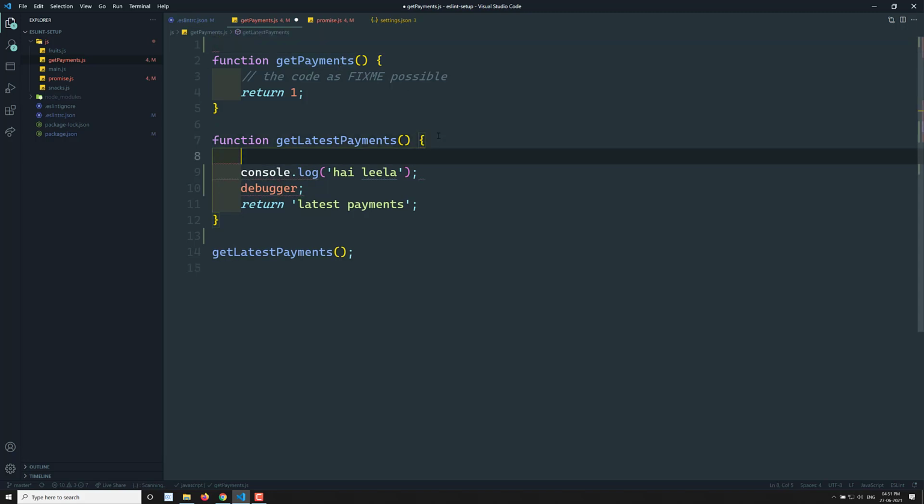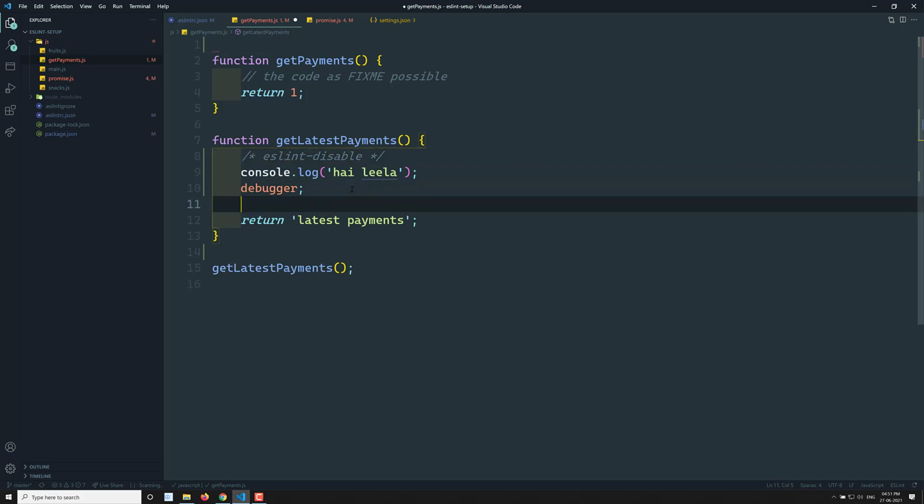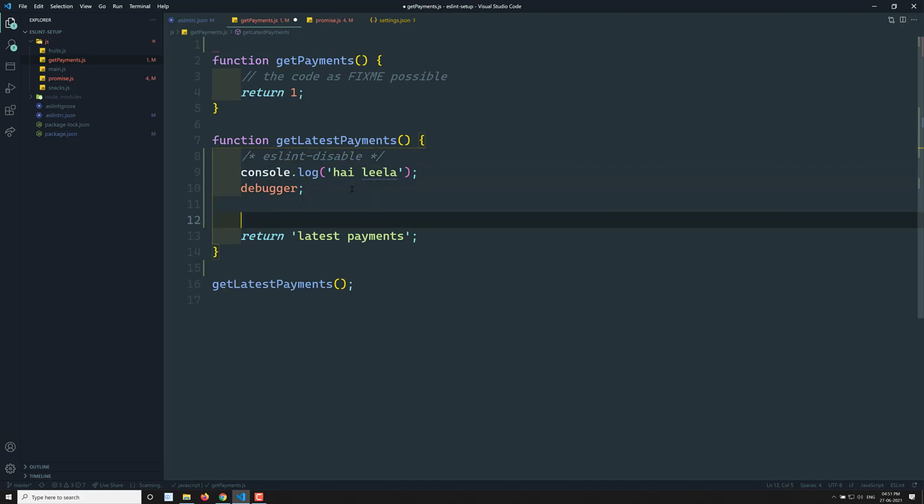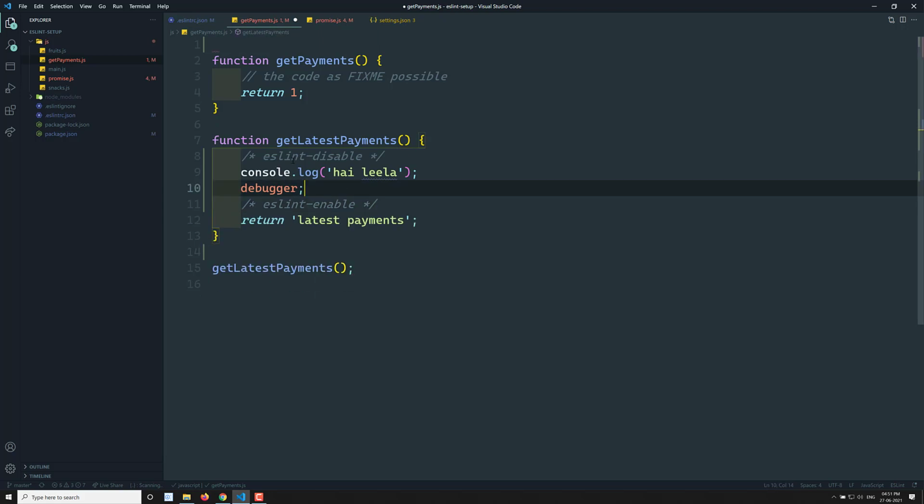Here at the top you can write /* eslint-disable */, and at the bottom, at the end of however many lines you want, you can write /* eslint-enable */. That's it. Whatever lines are included between eslint-disable and eslint-enable will not follow the ESLint rules. You can write whatever code you want, and it will not obey any ESLint rules.